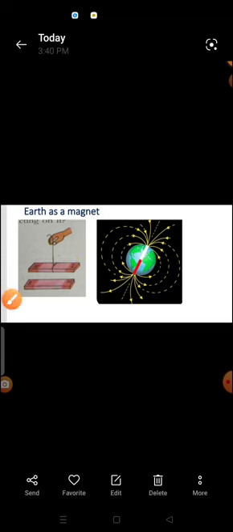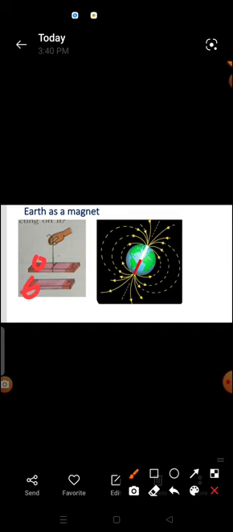But the north pole of the suspended bar magnet points towards the south pole of the bar magnet kept on the table, just as the south pole of the suspended bar magnet points towards the north pole of the bar magnet placed on the table.